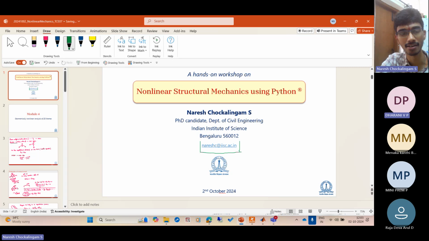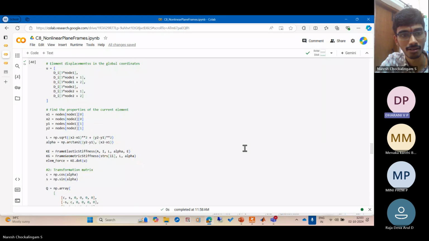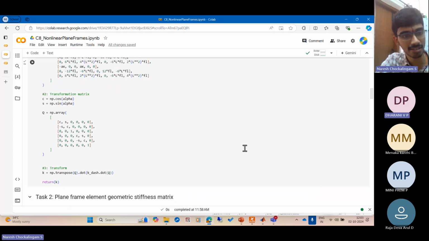Is this coding what is in the back end of the software, sir? Yeah, this is exactly the coding that goes behind software like STAAD and Abaqus. Okay, sir. Thank you, sir. But they have a little more because